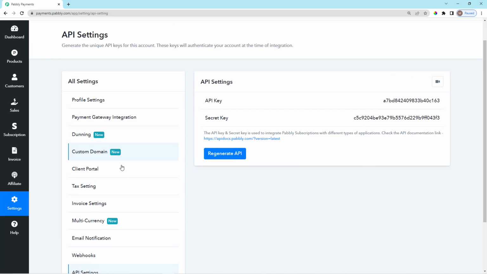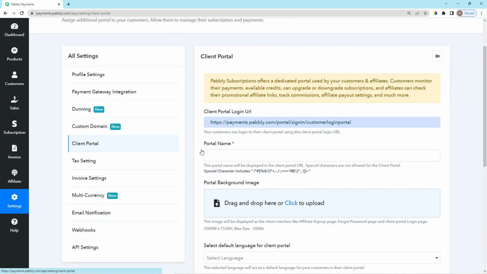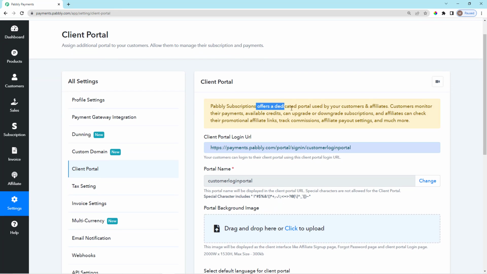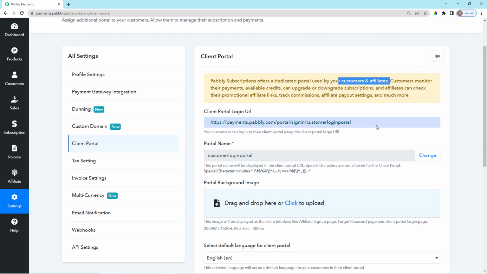Now the last option that is left is the client portal, and this is a very important feature under Pabbly Subscription Billing. Here you can see in Pabbly Subscription Billing we have offered a dedicated portal to our customers and affiliates as well. When we talk about customers, customers can monitor their payments, available credits, and can upgrade or downgrade their subscriptions. And talking about affiliates, they can check their promotional affiliate links, they can track their commissions, and many more options that we're going to